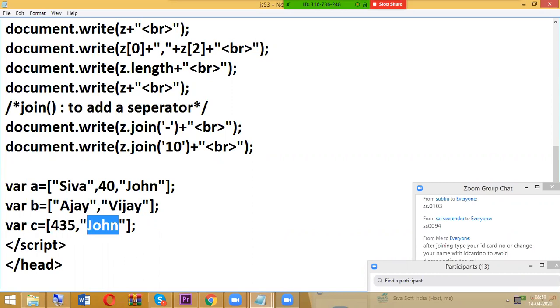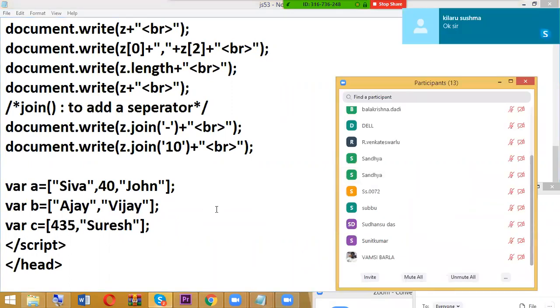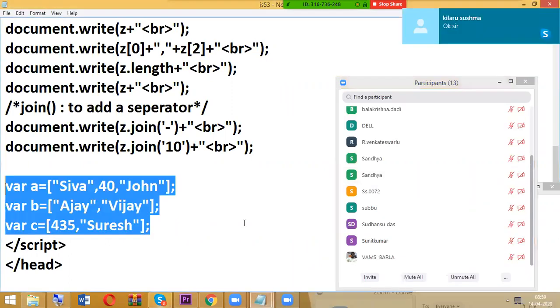So totally we have 3 variables: A, B, C.